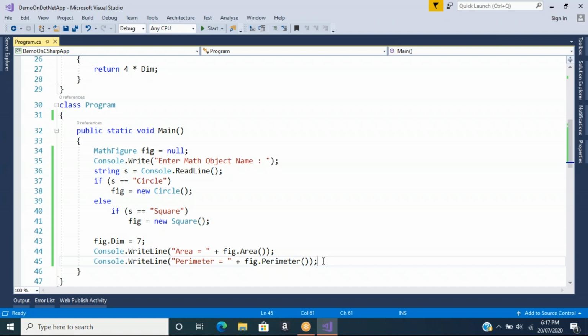Why can a static class not have this? I already said, a static class will not allow abstract methods. Why? Because a static class can have only static members. Only static members. And another important thing,